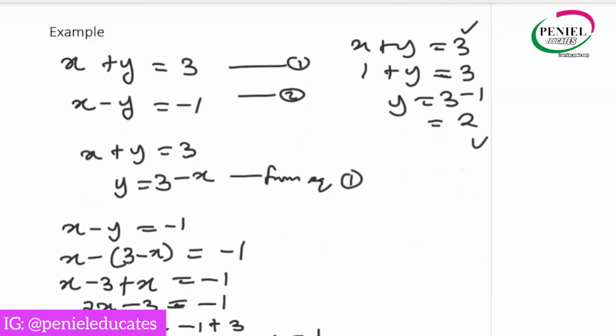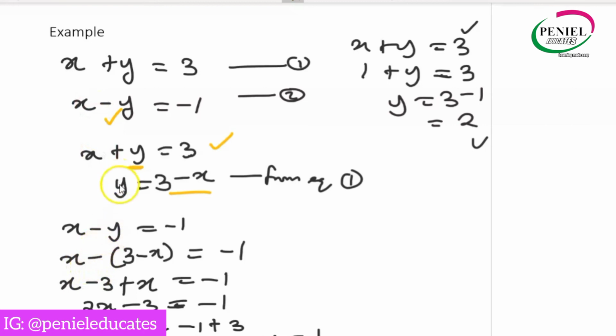Right, so let's look at one more example. In this particular one, we have x plus y is equal to 3, x minus y is equal to minus 1. Take equation 1. So you can just find your y. Make y the subject of the formula. Then we have y is equal to 3 minus x. Okay, y is equal to 3 minus x. Then if you substitute it in equation 2, y is equal to 3 minus x, put it in equation 2, you're going to have